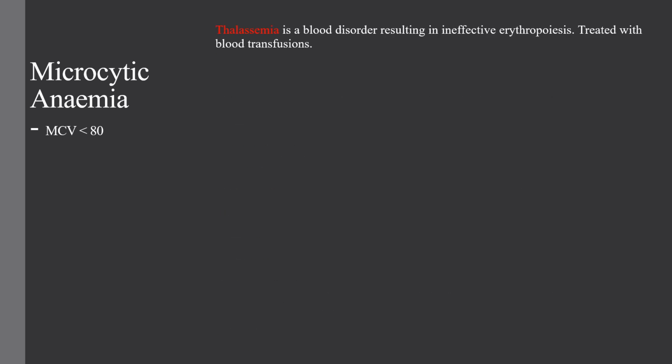Okay, thalassemia. Basically, you're probably not going to see this one, but it's a blood disorder resulting in ineffective erythropoiesis, so that's your production of red blood cells, and you want to treat this with blood transfusions. It's diagnosed by looking at red blood cell distribution width. And because it's microcytic anemia, pretty much this is the only value you need